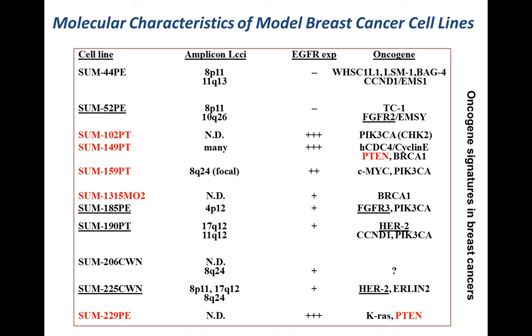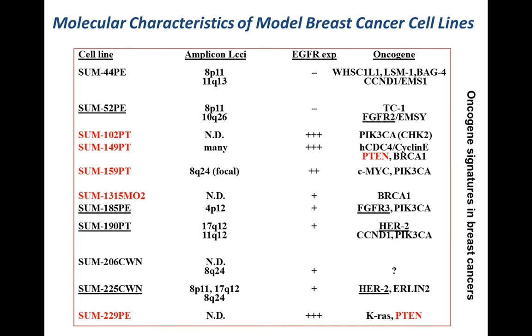Okay, so to study this question, we use a panel of breast cancer cell lines that my laboratory developed back in the 90s called the SUM breast cancer cell lines. There's 10 of them shown, and all of these are derived from different patients. There are some cell lines derived from primary tumors, from different metastatic sites. And they represent the spectrum of basal and luminal breast cancer cell types. And the ones I've shown here in red are these so-called basal breast cancers.